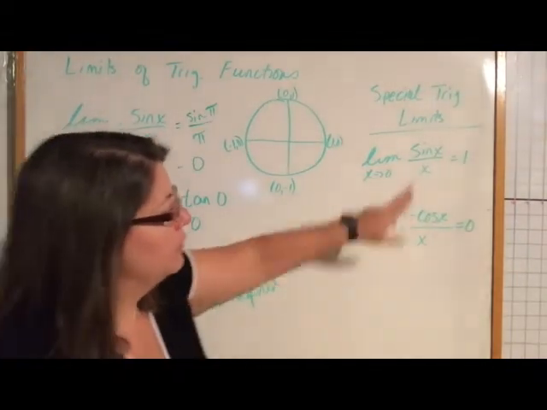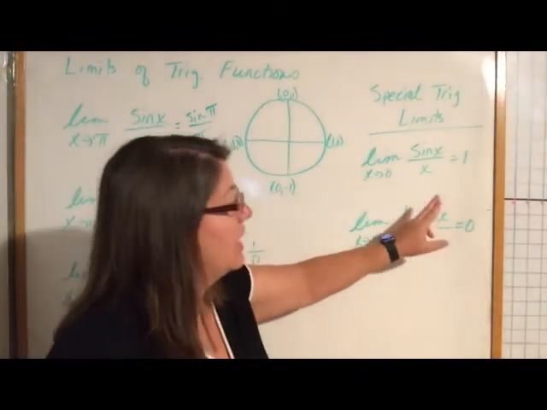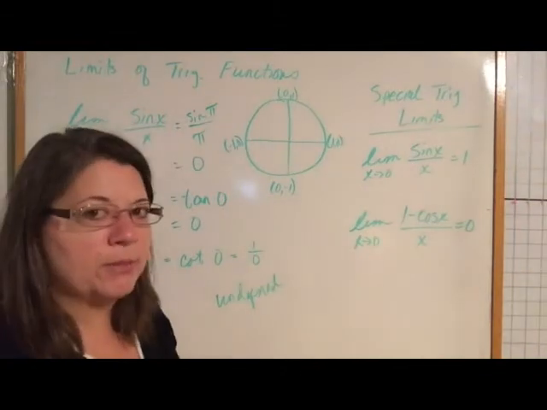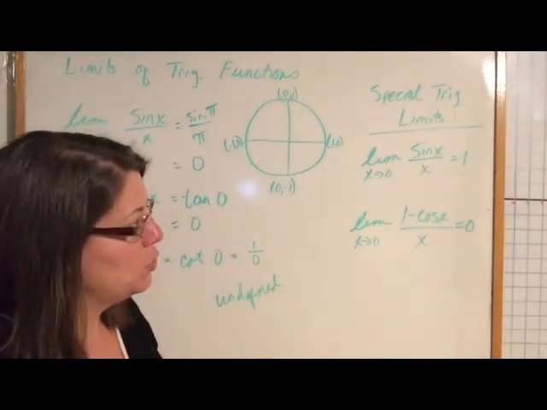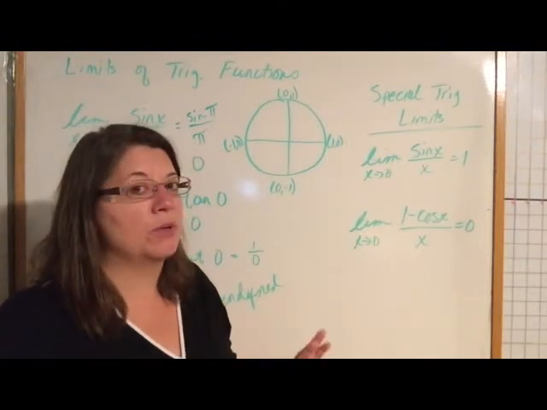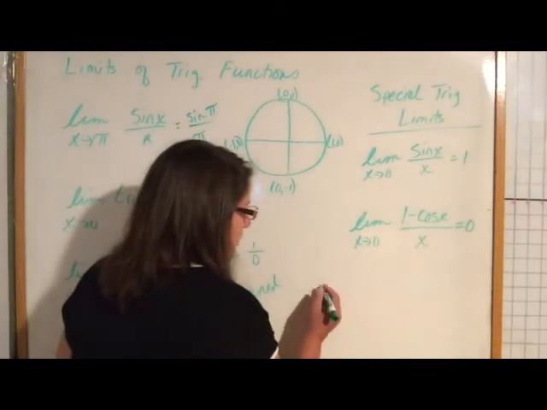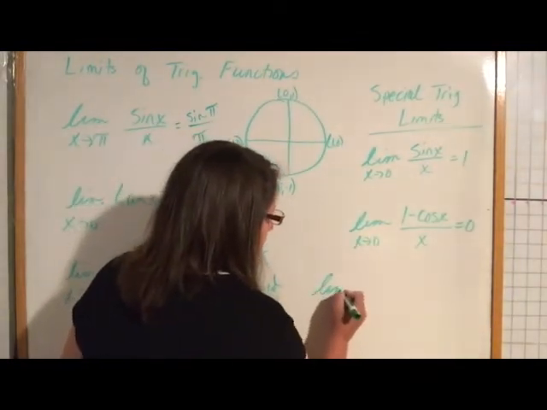Okay. For this one, it's sine x over x. For this one, it's 1 minus cosine x over x. So they're very similar in the way they look. They might not be too hard for you to memorize, but go ahead and get those memorized because it will make your life easier. I do want to also point out that if I have something like the limit as